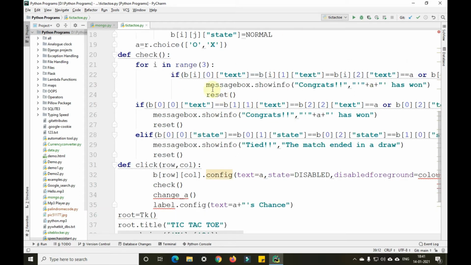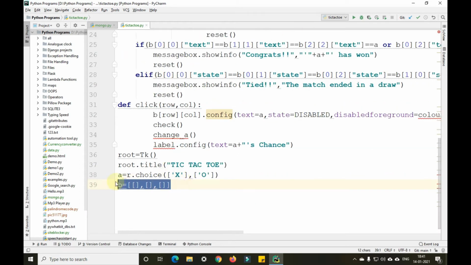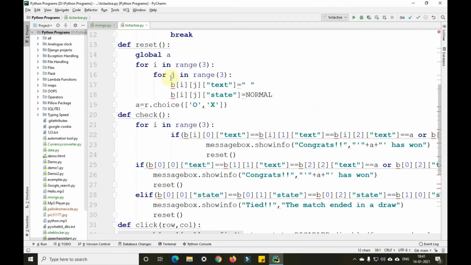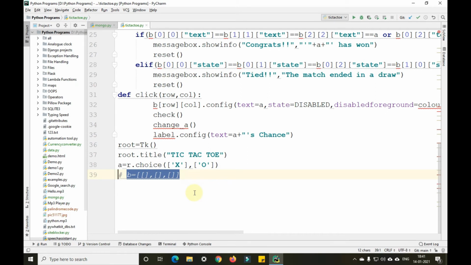So you can see here for all B's, let me comment this and show you. It was showing an error for all the B's here previously. Now it will not show an error once we define that particular B here.